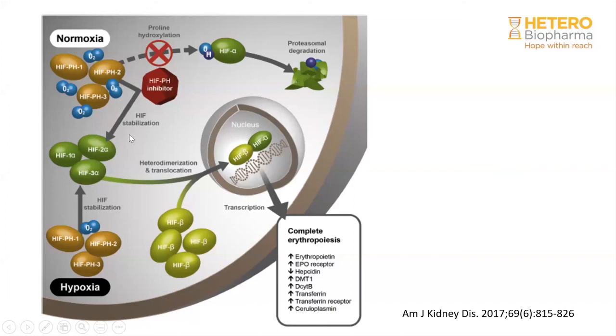So the next, probably third and fourth generation HIF inhibitors should mainly concentrate on HIF2 alpha, because some of the side effects come from HIF1 alpha and HIF3 alpha. HIF stabilizers stabilize not just 2 alpha, but also 1 alpha and 3 alpha, and some of the neoangiogenesis and tumor potency are related to that. Once they are active, they bind to beta, migrate to the nucleus and help in EPO production.